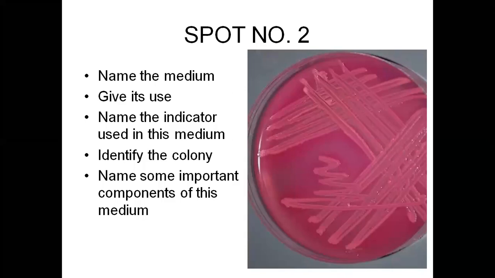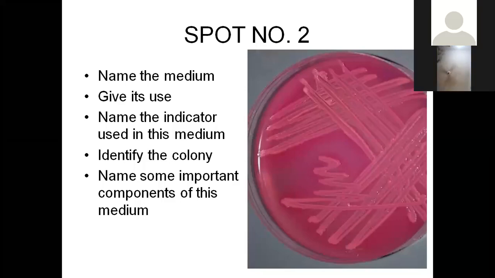A solid culture medium contains all the basic nutrients for the growth of the bacteria, like proteins, carbohydrates, electrolytes, salts, and agar to form this jelly-like medium. And in this case, if we have to differentiate between two bacteria, lactose fermenters or non-lactose fermenters, we have to add an indicator that will indicate whether the lactose is getting fermented or not. So we are adding lactose along with the basic